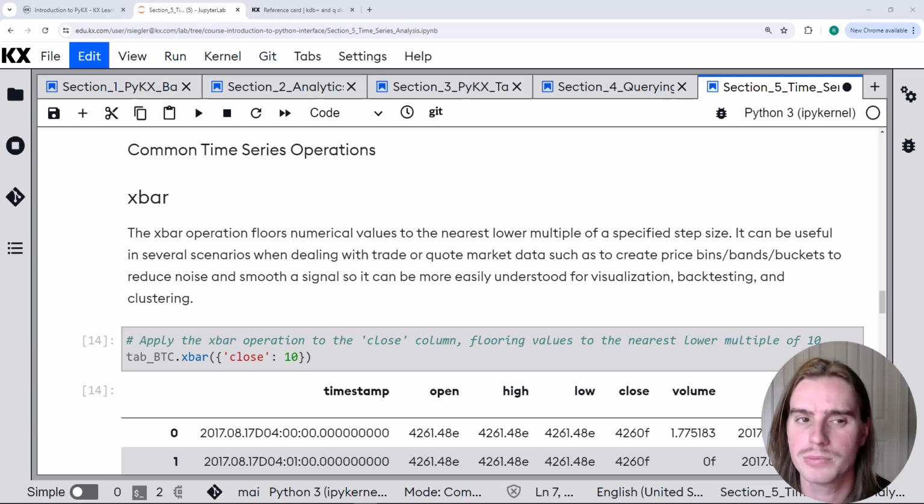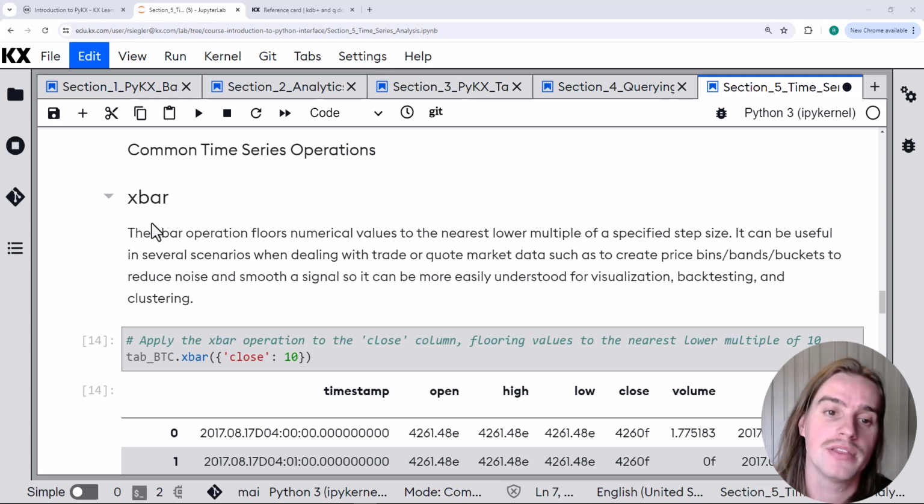So now let's learn about some of the common time series operations that you can complete with PyKX. And first, we'll take a look at XBAR. XBAR is an operation that can floor numerical values to the nearest lower multiple of a user's specified step size. So when you're dealing with very granular time series data like financial data, trades, quotes, prices, things like that,